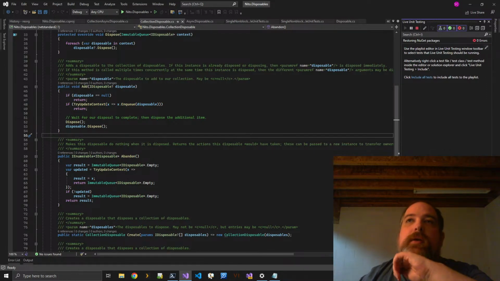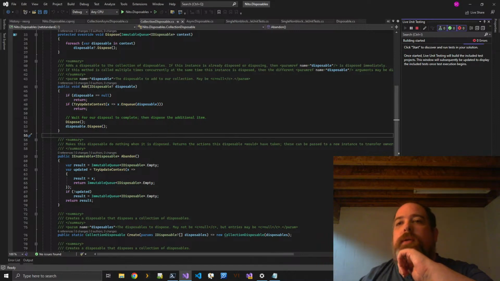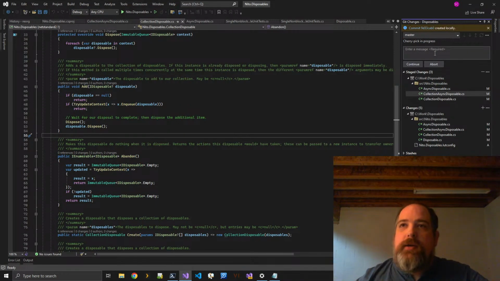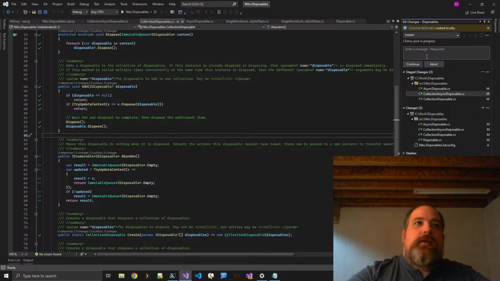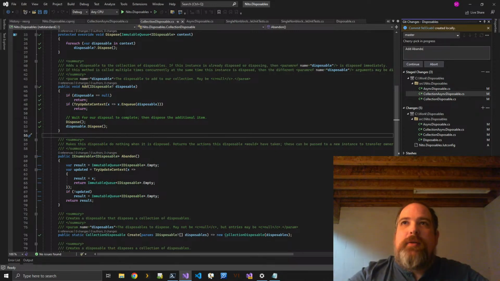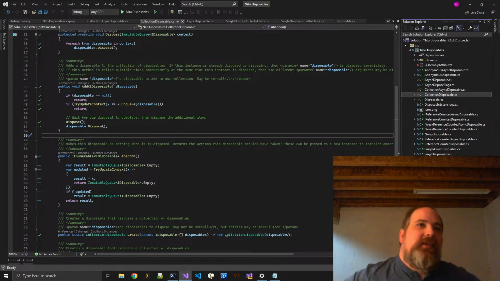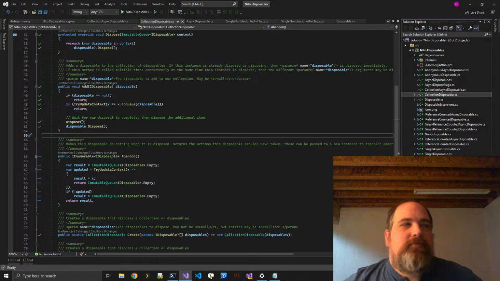Okay, so let's take. Just going to get my git change ready while that's running. Okay, fine. Need a live unit testing configuration. Sure. Add abandon methods. So what this does is, this is occasionally useful. It's not that common,